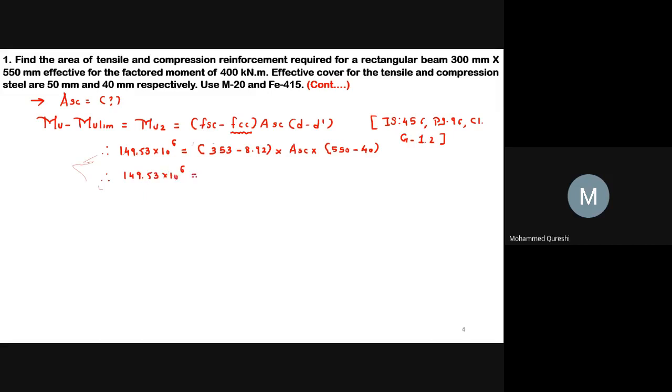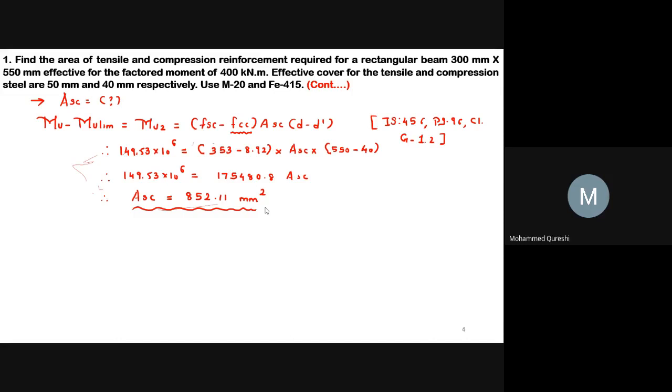149.53 into 10 raised to 6 equals to 17548 ASC. Therefore, ASC will be equals to 852.11 mm square. This is nothing but the area of compression reinforcement, that is ASC. Now we will go for AST, and as we know, we have to check the value of PT limit